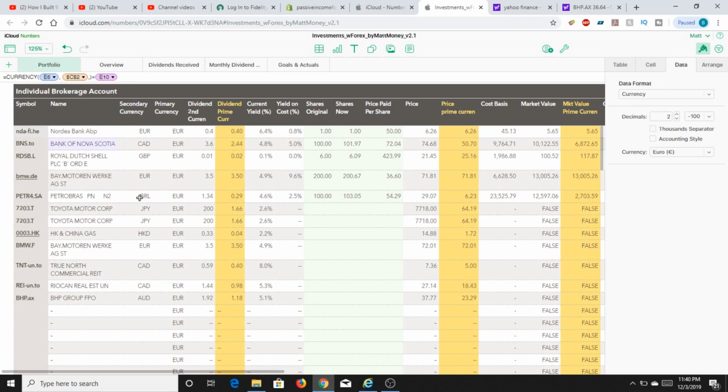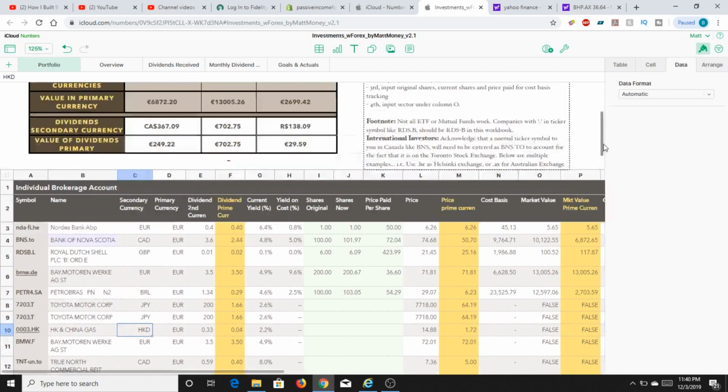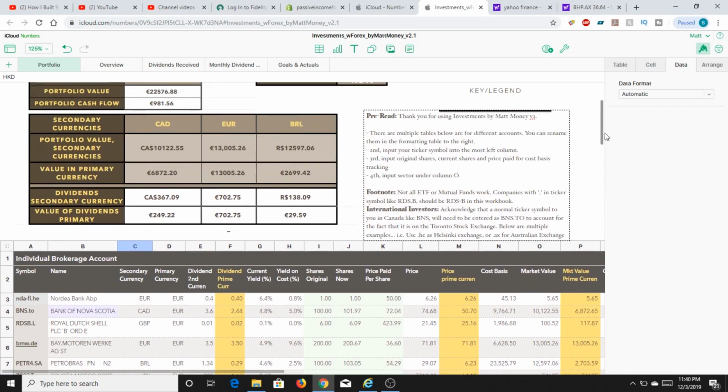And so I was having problems with that, but you can see here that we have the Brazilian exchange on here, we have the German exchanges on here, the Tokyo exchanges. The Hong Kong exchange as well, I tried that out and had zero problems with that. And that's basically it. There's not too much else that I want to show you guys other than